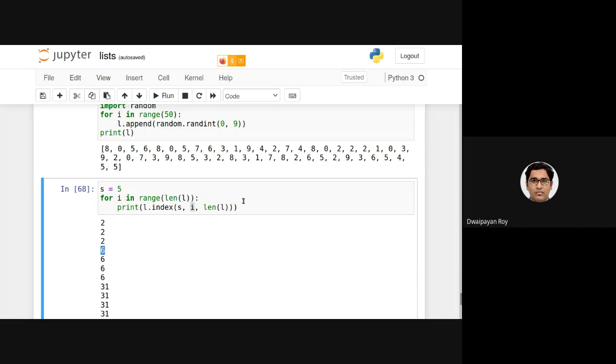Now what we can do is, instead of searching, say we start the searching from here, and we found that the first location is 2. We can actually skip this searching, right? How can we do that?